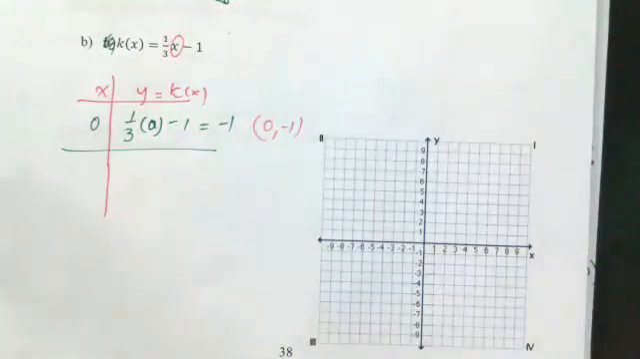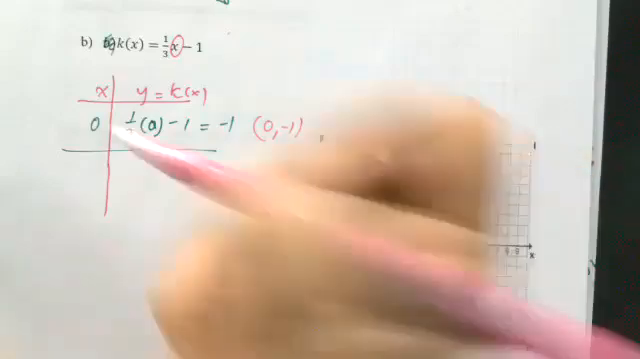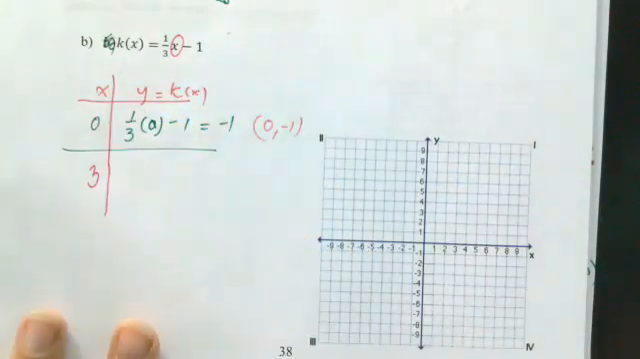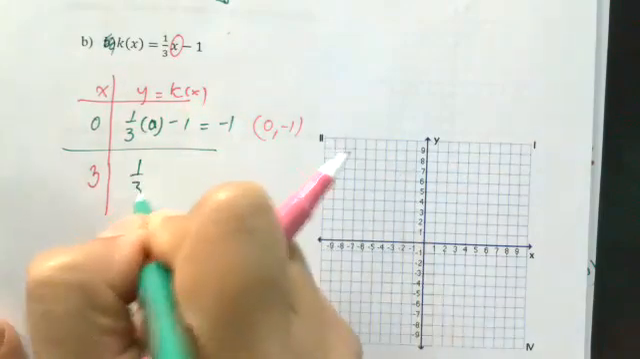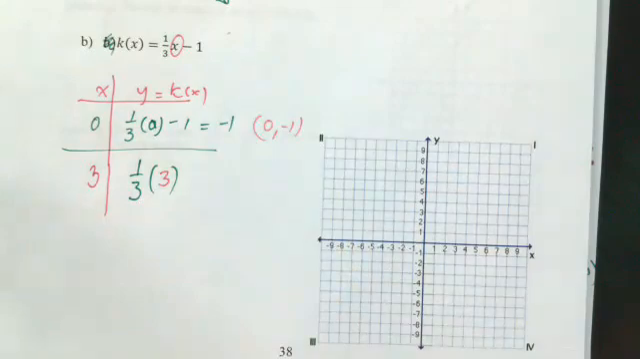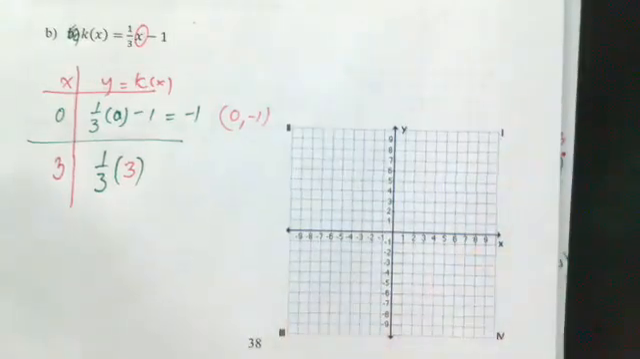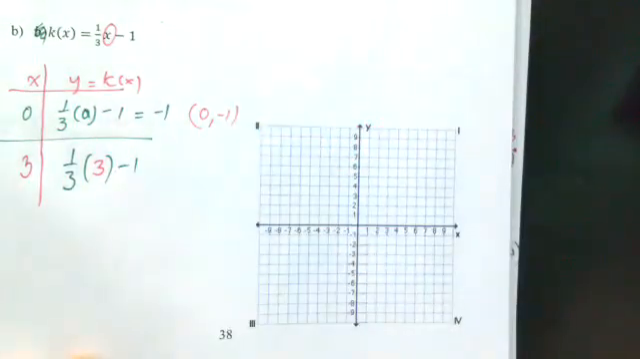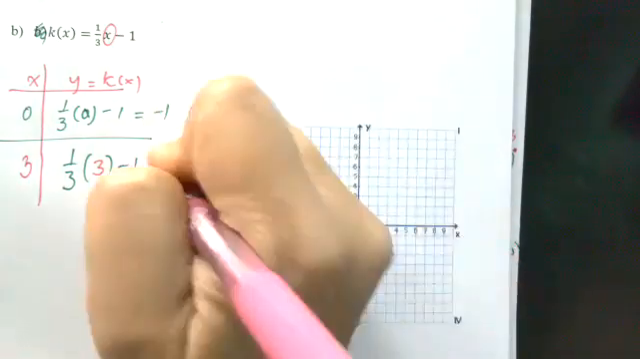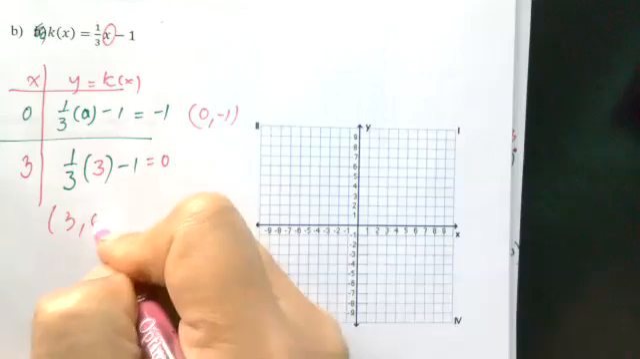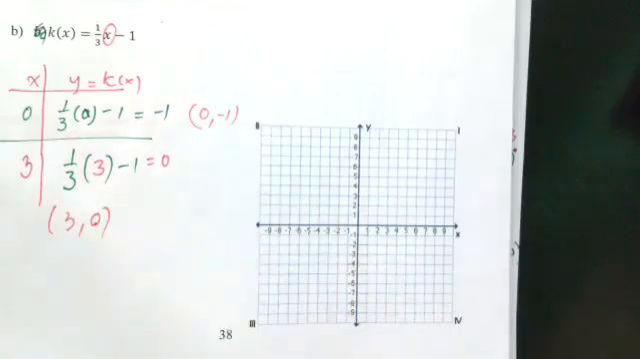3. So any multiple of 3 would work. The lowest one will give you a lower value, obviously, but yes, multiples of 3, 3, 6, 9, and all that. Yes. So 3 I would choose because look what happens. 1/3 times 3, right? You get a whole number 1. And then subtract 1. So we get 1 minus 1 equals 0. 3 and 0 is our